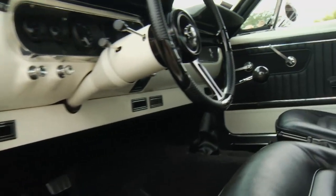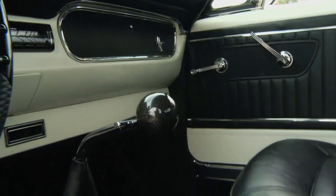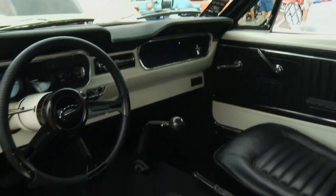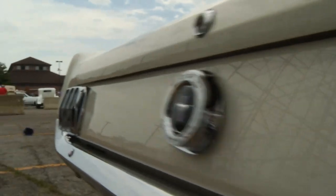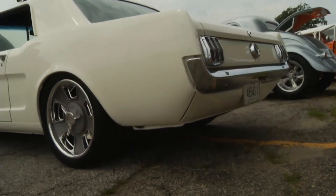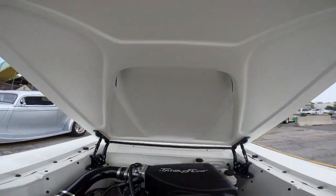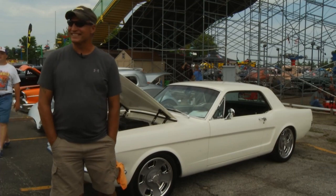Went with the Wimbledon white because of the low maintenance. No problem on keeping it clean. The plans were originally build it to autocross it, is what I'm gonna do with it. Basically, I just like all cars, I'd take a Dodge, I guess, so,